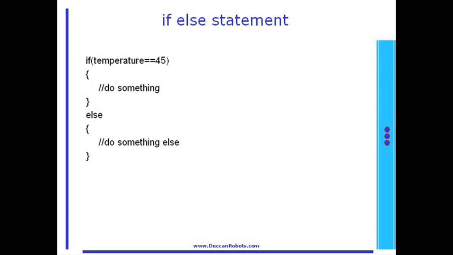We have to use the else statement if we want to perform a task if temperature is equal to 45 and not equal to 45. This sample code will check the temperature and will compare it with value 45. If the temperature is 45, it will enter inside the if statement. If temperature is not equal to 45, then it will enter into the else statement. This way we can perform various tasks of decision-making using switch statement,